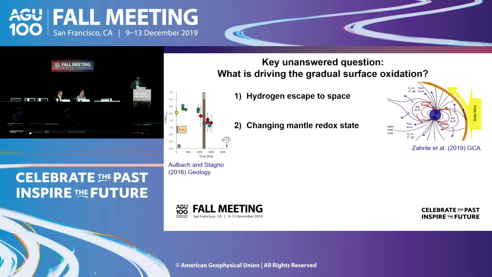You might also do interesting things with the chemistry of the mantle. There are some recent measurements that show that the chemistry of the mantle seems to be moving in a direction that sort of favors less oxygen-consuming volcanic gases, right? Because the chemistry of the mantle controls what comes out of volcanoes, and so there's some evidence that is also contributing to this gradual oxidation.